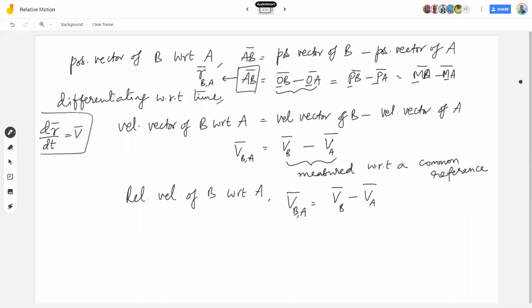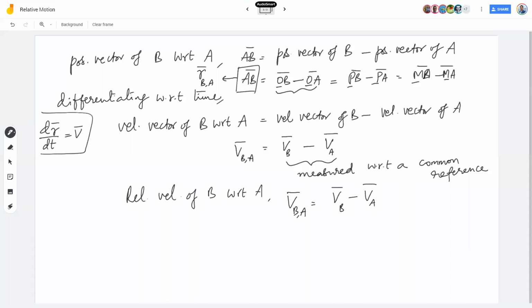If I write it like this without writing reference, see here I have written reference velocity of B with respect to A. Here I did not write any reference. It means I am measuring it with respect to ground. If I do not specify the reference, it means we are measuring it with respect to the ground. If I say a hot air balloon is rising up at a speed of 10 meters per second, it means with respect to ground. An object is thrown at an angle 60 degree with a speed 20 root 2 meter per second. It means with respect to the ground. Understood or not? So if I don't specify the reference, it always means the ground.